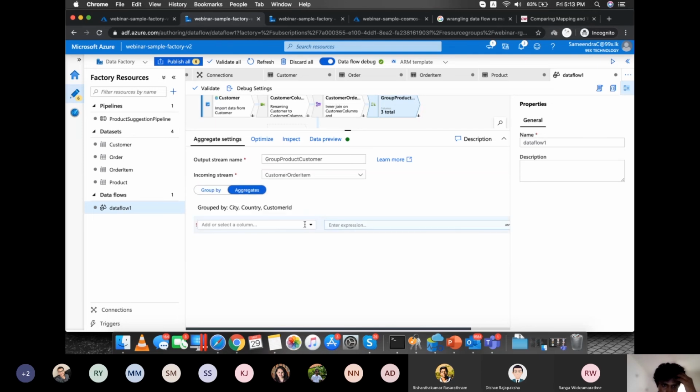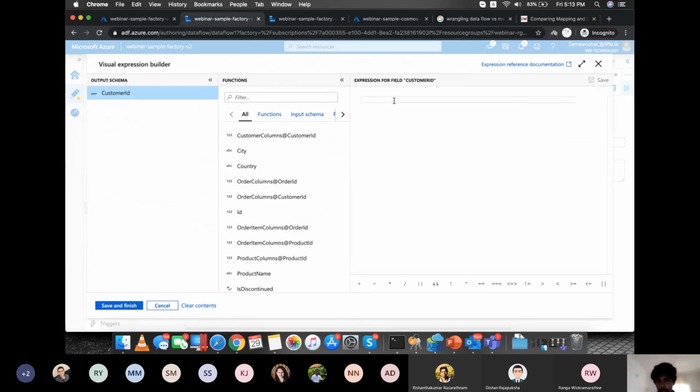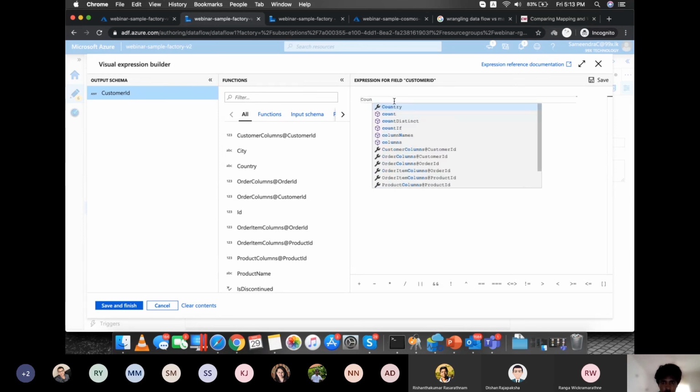Yes, and in this we'll be counting the customer ID to know how many customers in this particular area actually bought products. We'll just count,